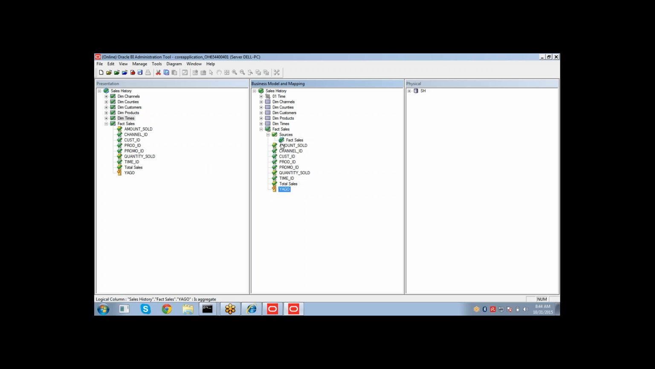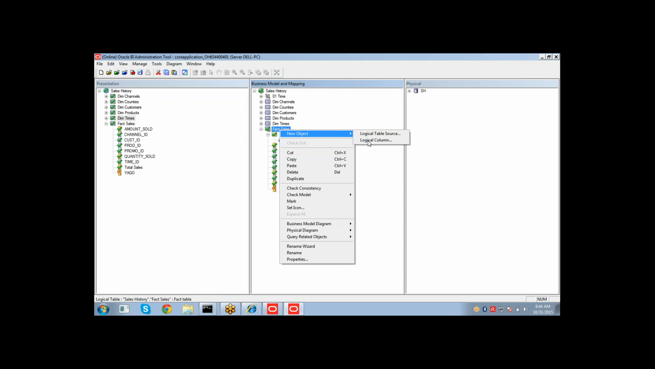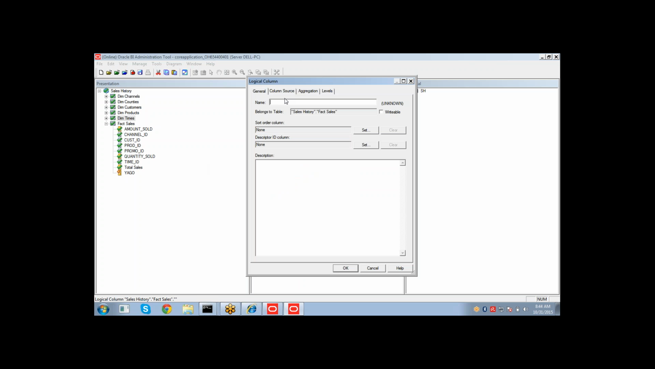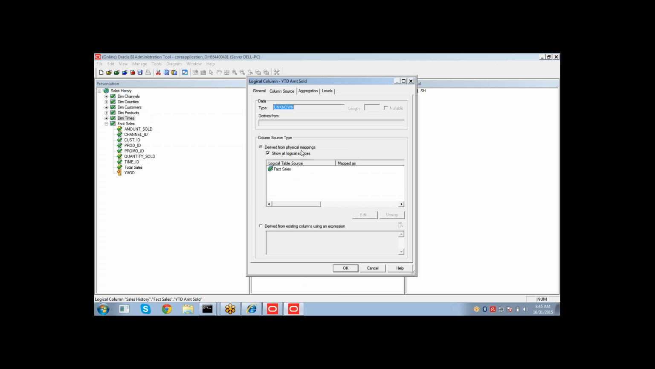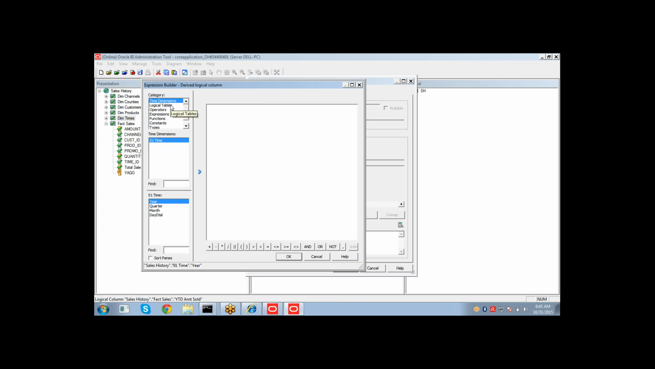The same thing, I'm going to create the to date function as well. New logical column, YTD amount sold. Amount sold, year to date function. I'm just using functions category, time series functions, to date function. And this to date function will have two arguments. Argument one is measure column and level. The measure column can be fact sales, amount sold,